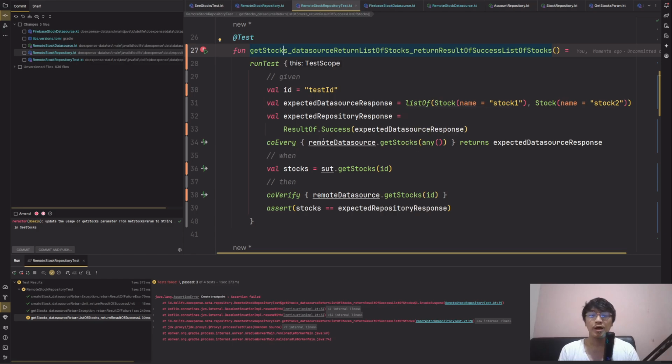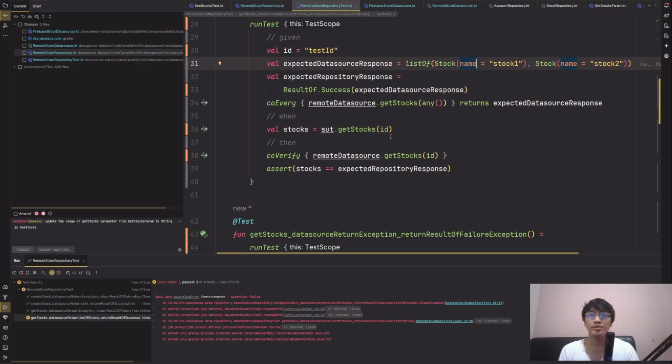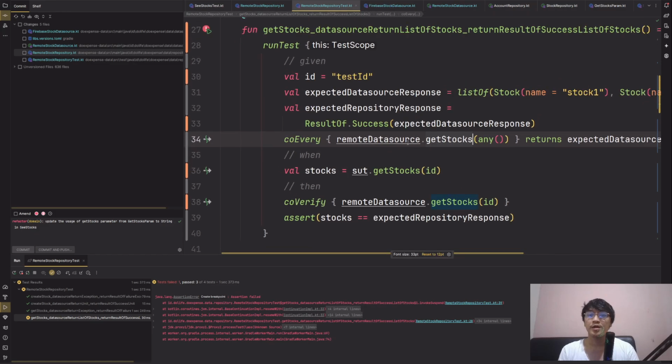So I expect that when remote data source gets stocks, it returns expected data source response, right? It gives a list of stocks. Then I expect this list of stocks to be wrapped into success, which has a value of list from expected data source response from remote data source in here.